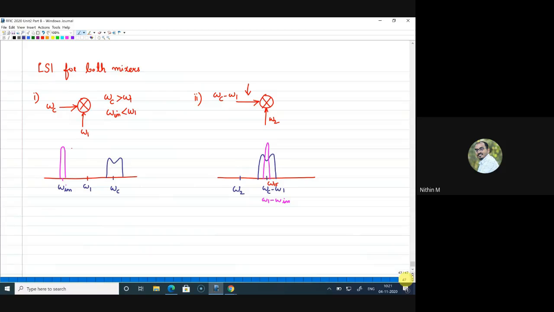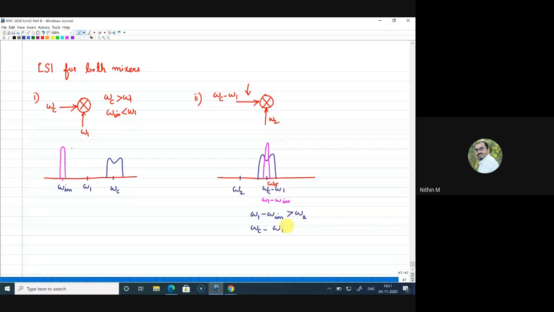By looking at this spectrum, I can clearly say that omega 1 minus omega IM, the intermediate frequency, is definitely greater than omega 2, because omega 2 is a local oscillator and we are going for low side injection. Similarly, omega C minus omega 1